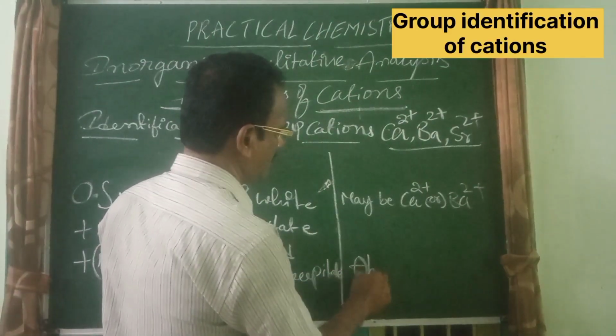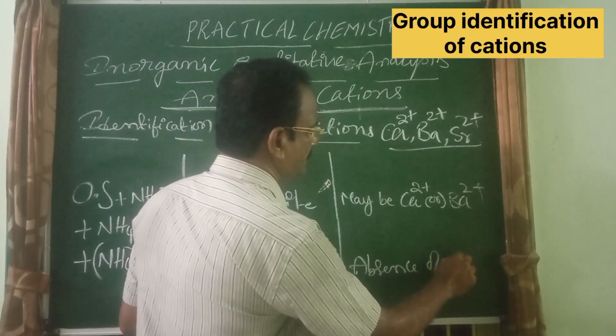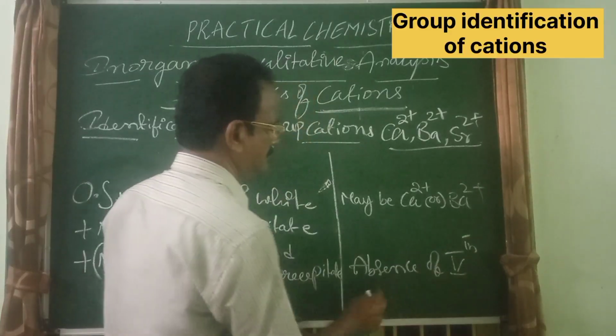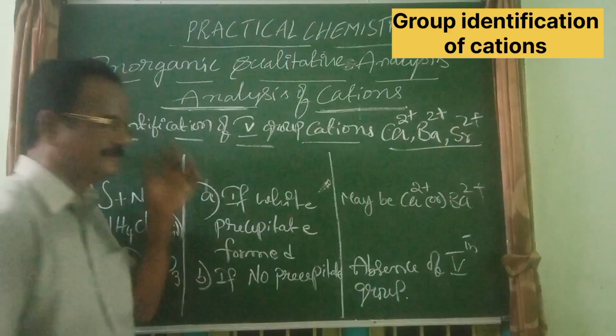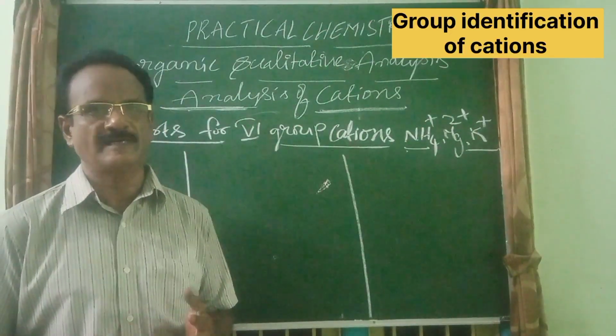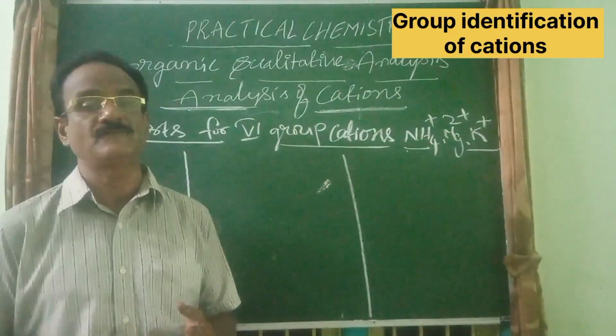Then what will be there? Absence of fifth group cations. Absence of fifth group. Okay. If there is no first group cations, second group cations, third group cations, fourth group cations, and fifth group cations